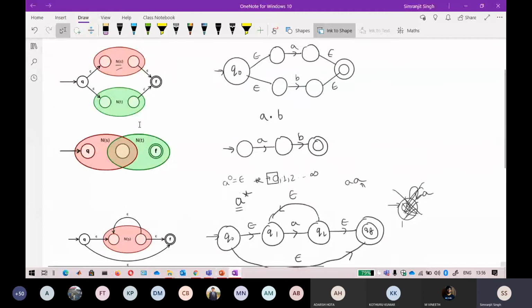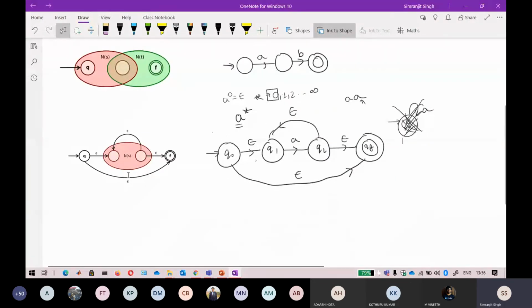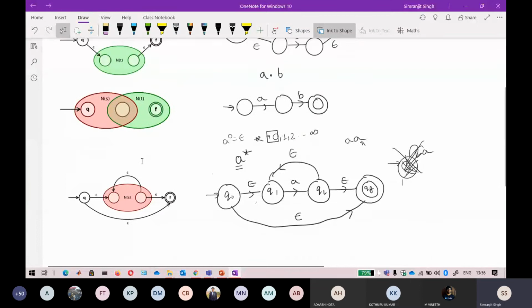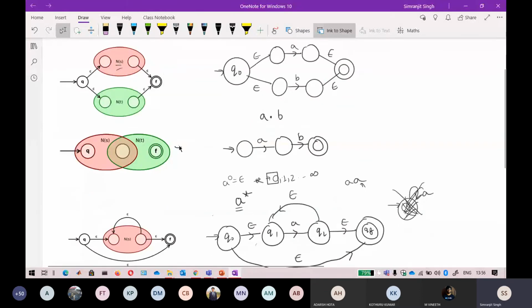Mainly there are three kinds: first is union, second is concatenation, and third is the star Kleene closure. If you look clearly, only in the case of concatenation there is no epsilon in the automata. But the epsilon appears in union as well as in star.